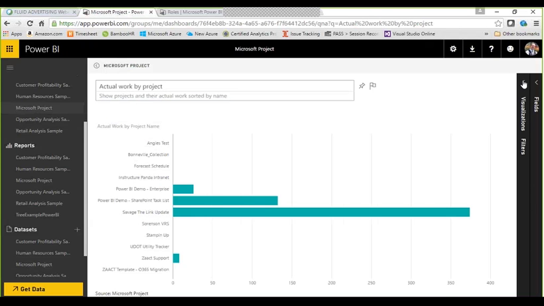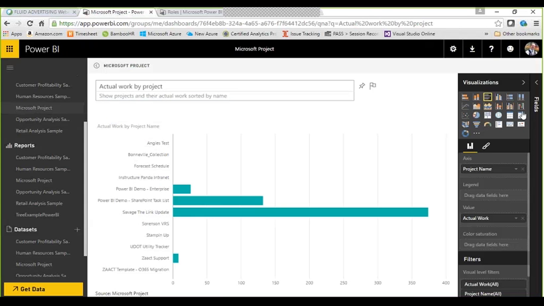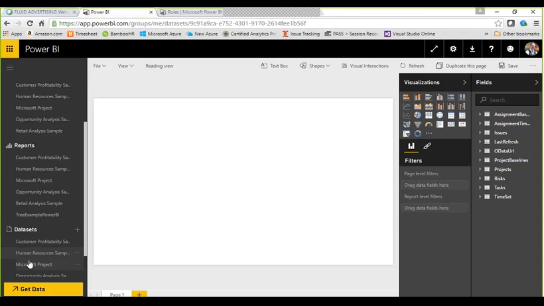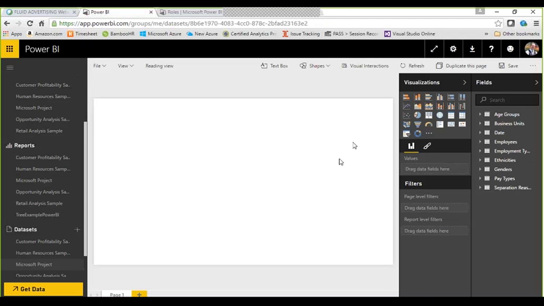I can change that visualization over here on the right-hand side. I can add or remove any number of fields to this visualization, and it can also be pinned. Okay, so there is a whole bunch of options already out of the box from Microsoft on how to use Power BI and how to report off of their data in Project Server. But I want to talk about, for just a minute,